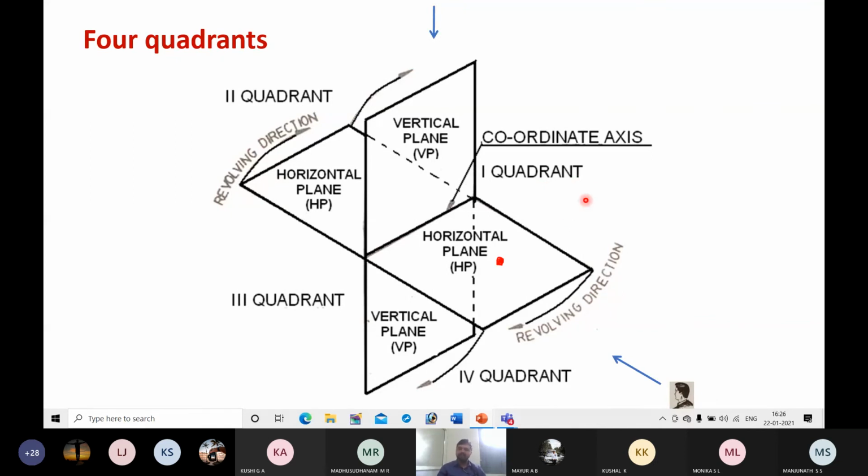If we get the projection of an object by keeping the object in the first quadrant, we call that first angle projection. The condition of first angle projection is that the object is between the observer and the plane of projection. As you see here, this is the object, and it is between the observer and the plane of projection. Okay, next,